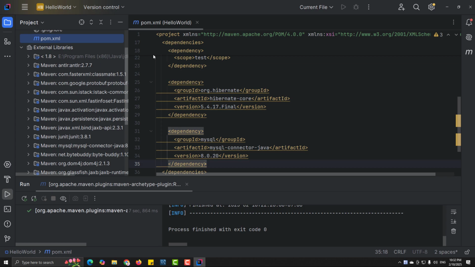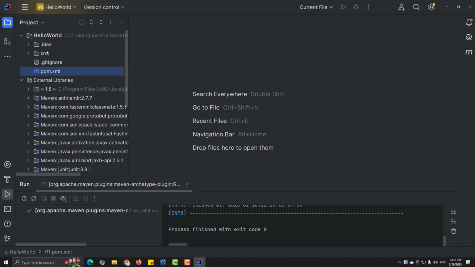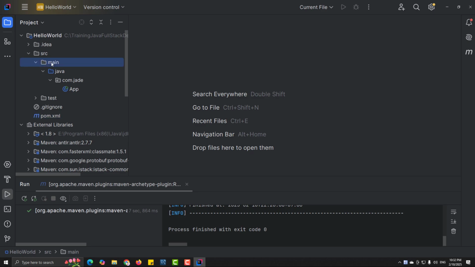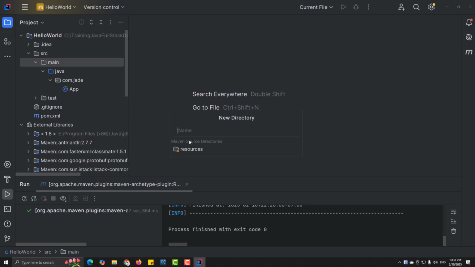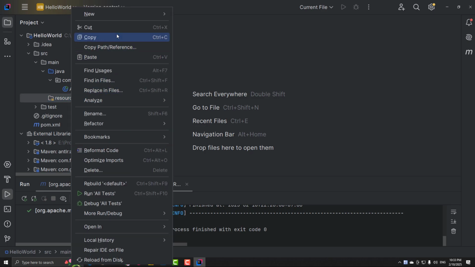like this. Alright, after you have all the libraries, we can work on your code, and inside your main folder, now we will create the configuration file for Hibernate. Let's create a directory, and here the Maven source directory to get me the resource file. Yeah, I will create this resources file. Click OK, and here inside the resource folder,